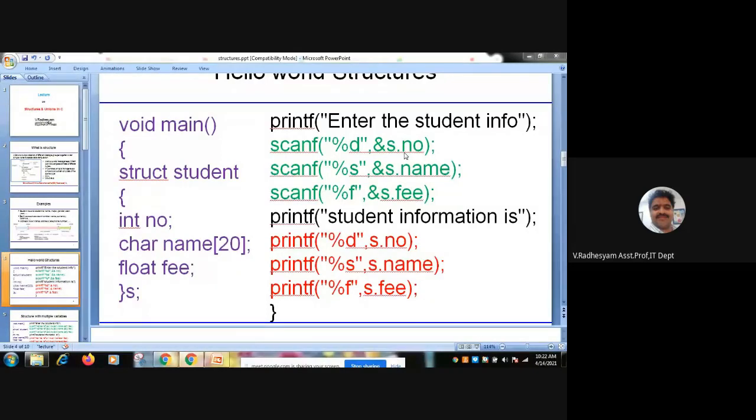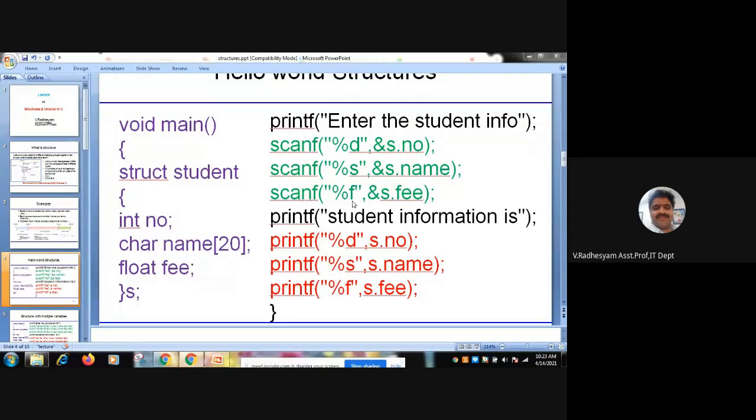Here dot is called an operator. S dot NO, S dot name, S dot fee. Since name is a string data type, %s. Since fee is a float data type, %f. Right?